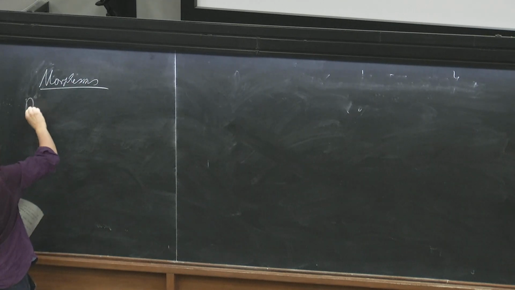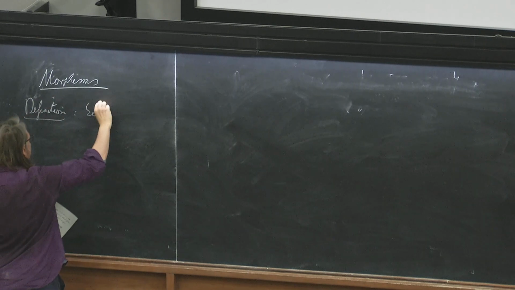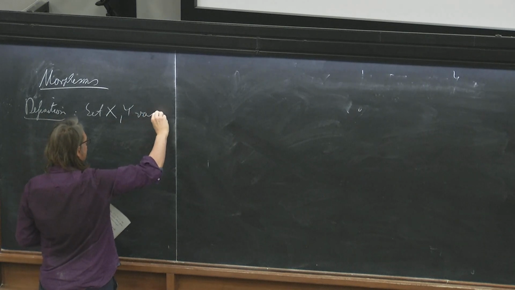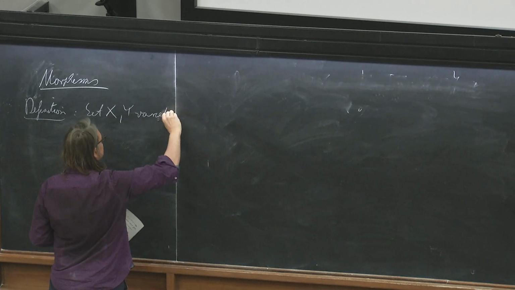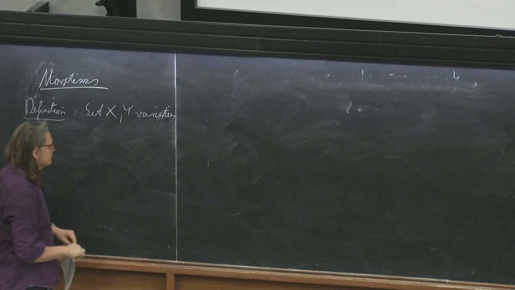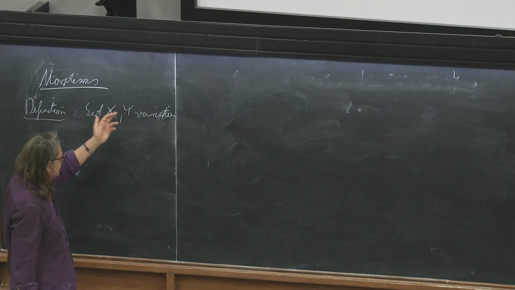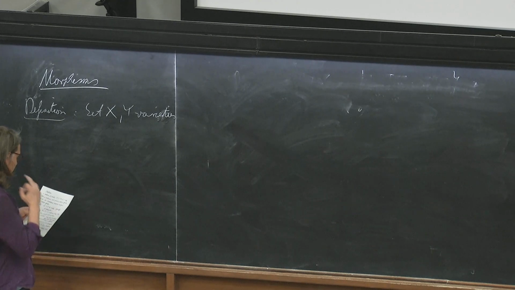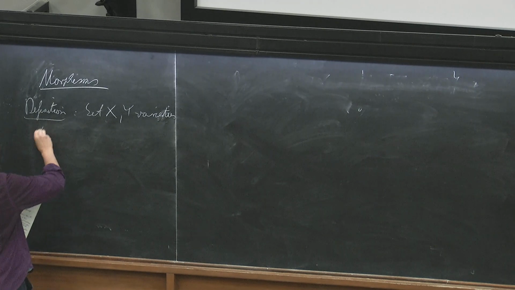Let X and Y be varieties. They're allowed to be quasi-affine or quasi-projective. Maybe one of them quasi-affine, the other quasi-projective, or both of them either affine or projective or something like that. So, any varieties, a morphism